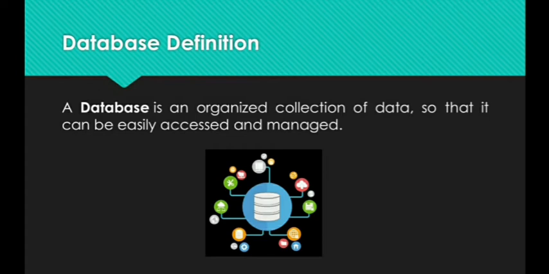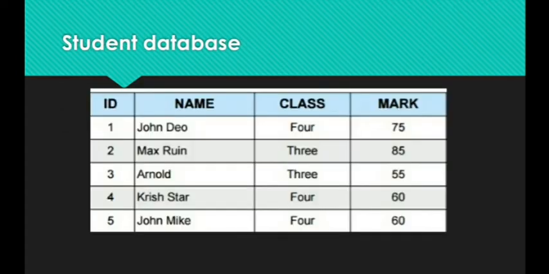Let us understand this database by looking at an example. Keep in mind that a database is nothing but a collection of data that we organize in a table, where a table is a collection of rows and columns. Correct? Now in this example, we have taken a student database. If I have created the database for students, then I have to put the details of only the students, not other details like bank details or any other shop details.